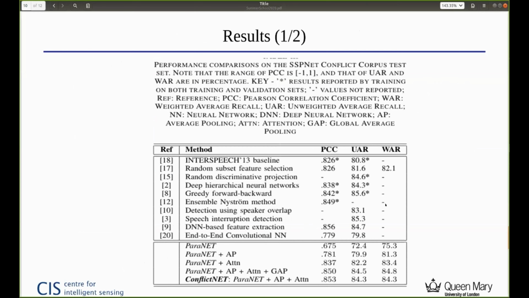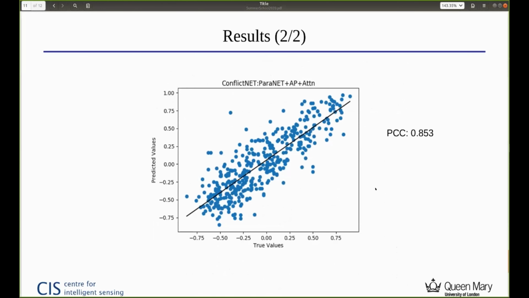In contrast to our method, method 9 uses additional information and additional acoustic features, and it is not end-to-end. So it is interesting to see that an end-to-end model which takes pure raw speech signals with no additional information can perform as well as a network that uses different components and different handcrafted acoustic features.